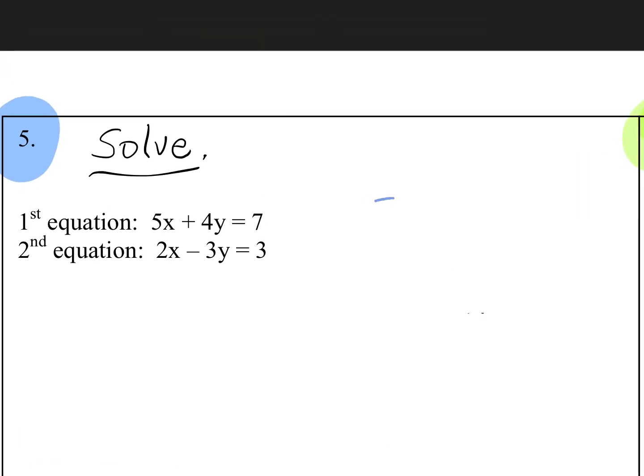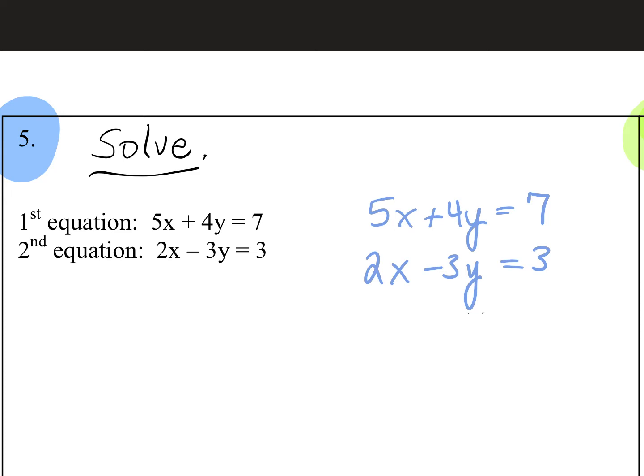Well, that's the one I meant. It's okay. 5x plus 4y equals 7. And then 2x minus 3y equals 3. Now, a lot of you will ask me, how do I know what I should do? First of all, if you want to always eliminate one variable, then just get that in your mind. I always want to do x. Or you can look at it a little methodically, because if something is the exact opposite, one positive